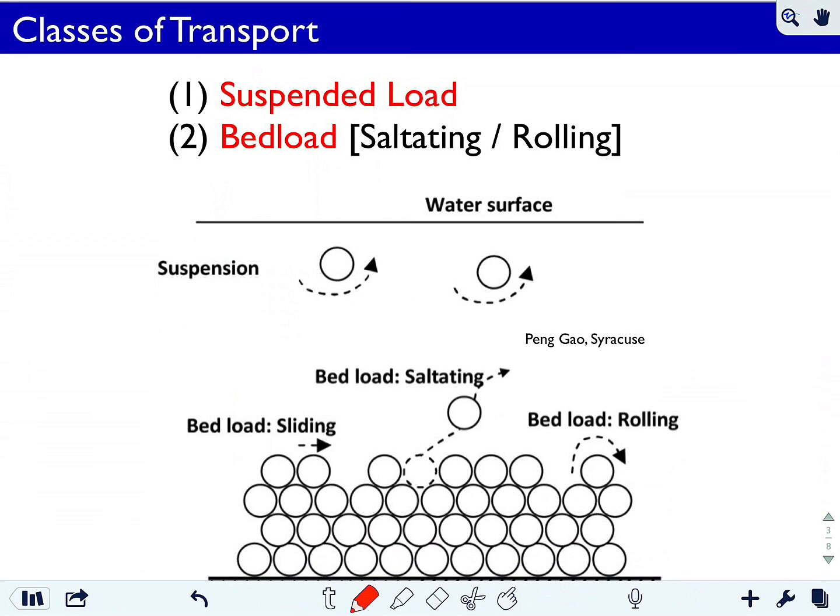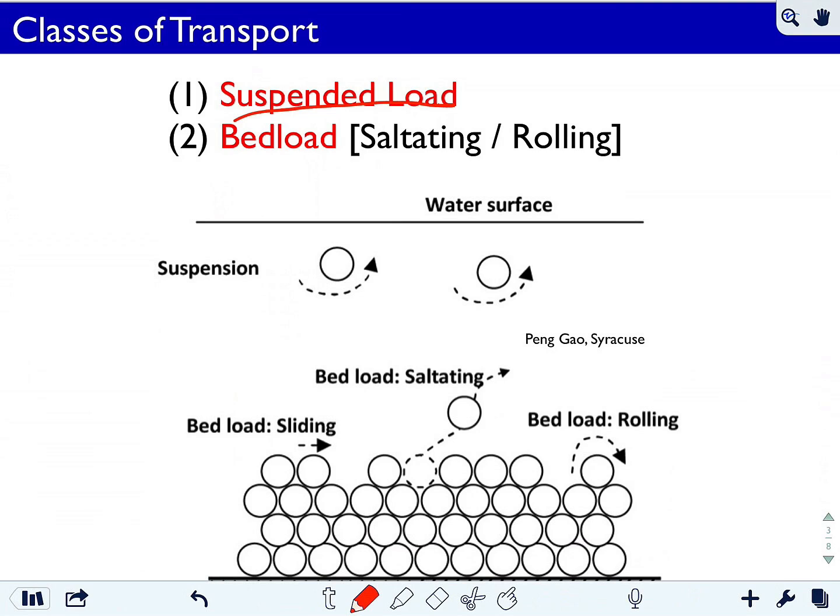Again, once we get the bed going, there's a few classes of transport. One is suspended load, and this primarily relates to finer particles, sands or finer, where the sediment can be suspended into the water column. So the turbulent processes in the water column are strong enough to counteract the settling velocity of the sediment and keep it suspended for some duration within the water column. So that sand is going to move with the flow downstream, suspended in the water column. At some point it may contact the bed again, be resuspended again, etc., and move its way downstream, but it's